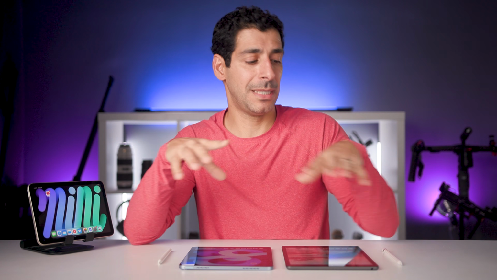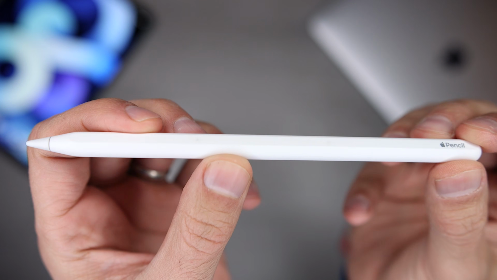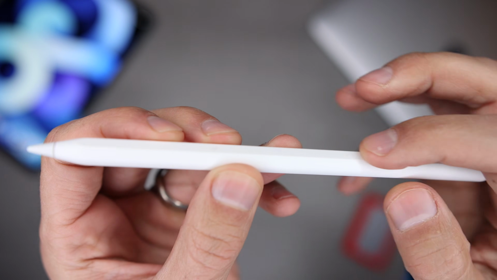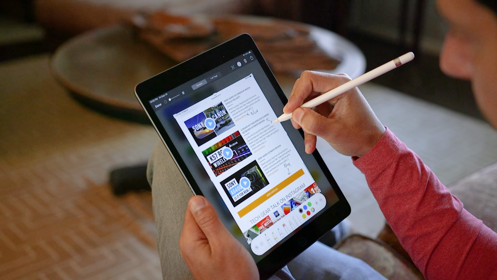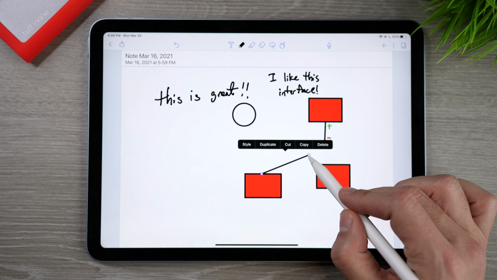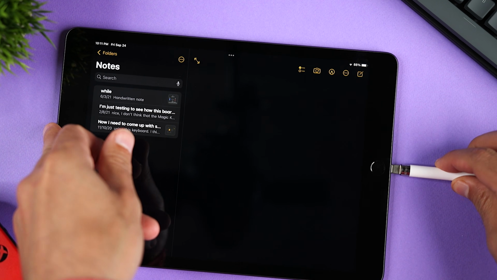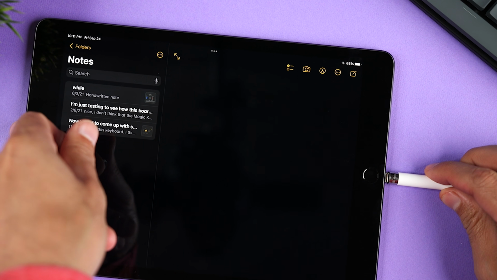We talked a little bit about the Apple Pencil functionality when we compared the displays, but on top of that, the iPad Air 4 uses the second generation Apple Pencil versus the first generation on the iPad 9. Now, both work great and are very similar in regards to the actual feel of the contact point with the glass. The first generation Apple Pencil has to be paired by plugging it into the Lightning port. It can be charged through the port as well or with an adapter.